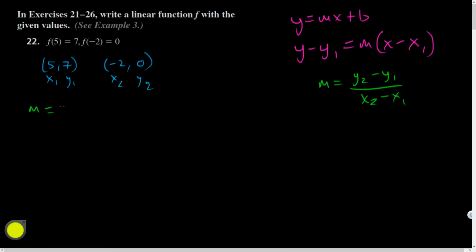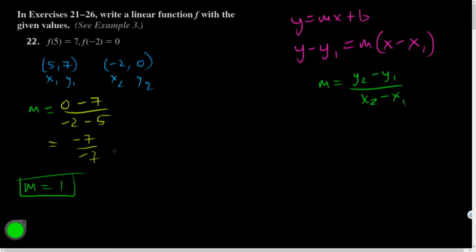So y2 minus y1 over x2 minus x1. I get negative 7 over, hey, negative 7. And what does that divide out to be, friends? M equals 1. So m is equal to 1, and now what I can do is plug that in for m